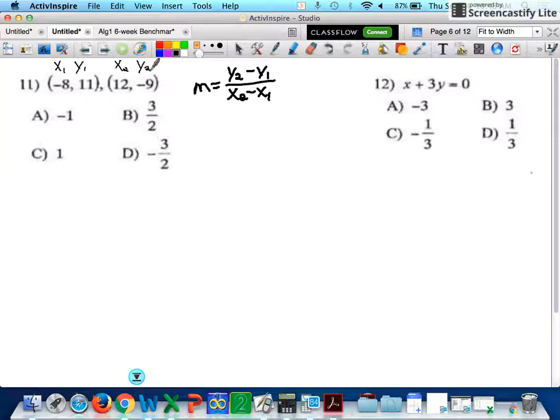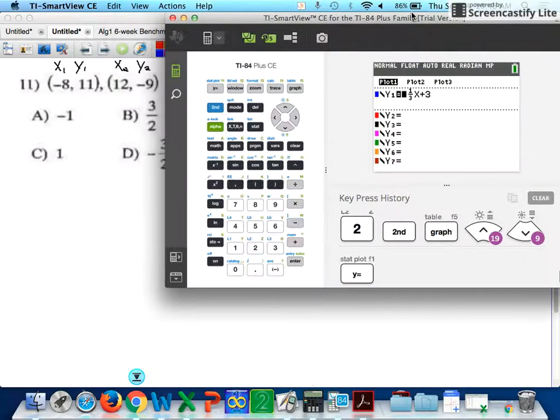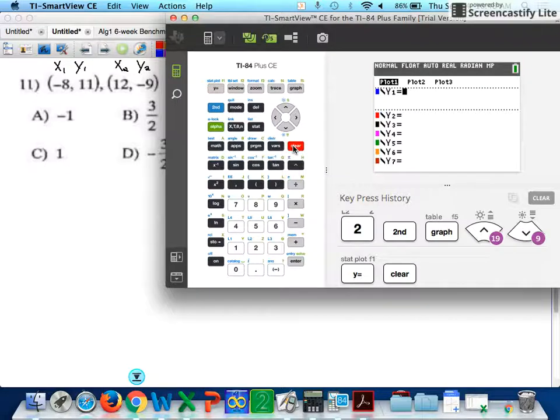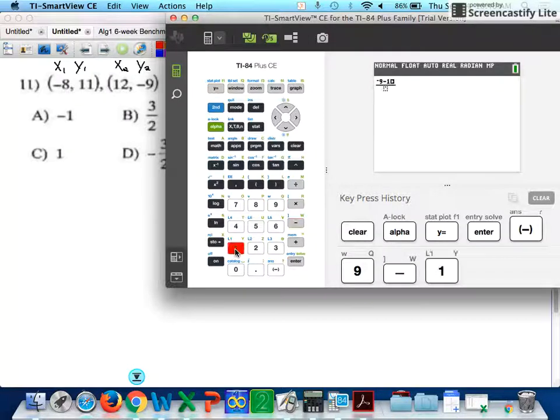Now, you can do this by hand if you want, but I see these numbers are kind of big and there's a lot of negatives flying around. So I would pop over here in my calculator, all right? I clear out whatever somebody left for me, and I want to bring up a fraction bar, alpha, y equals, enter. Well, I want y2, which is -9, always minus y1, which was 11,